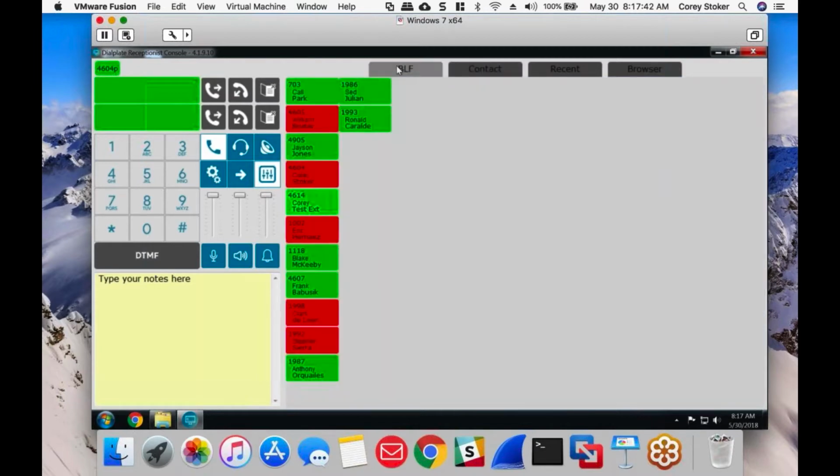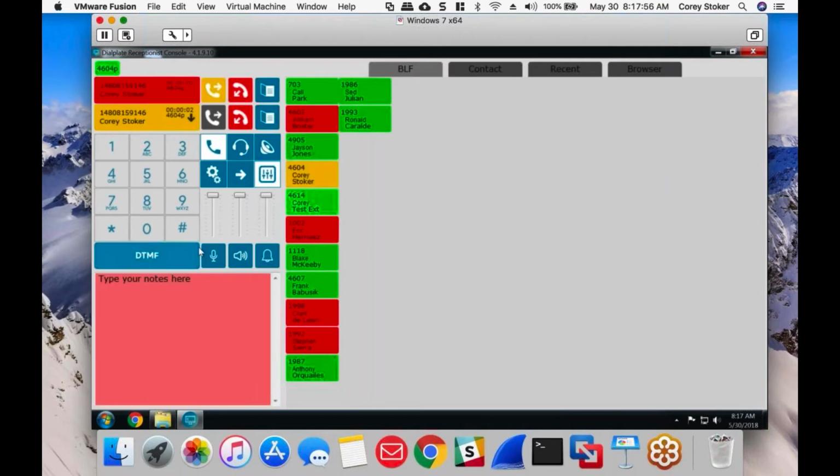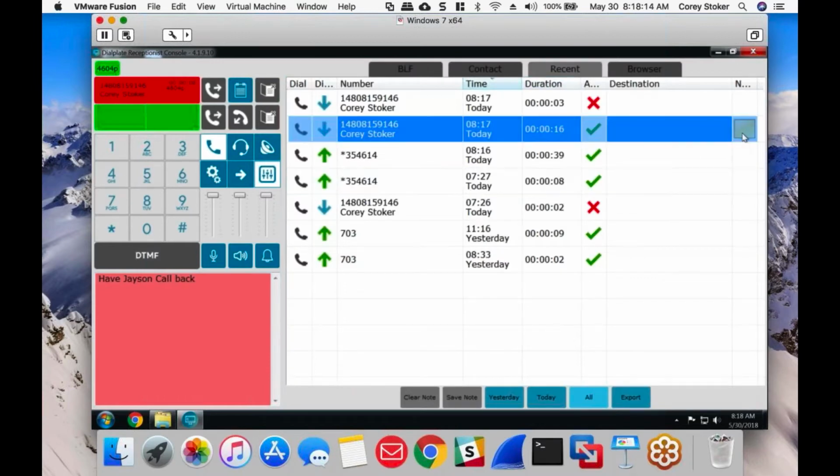And then call notes, which is a very interesting feature that I've only seen available on Dialplate. I haven't seen another app with this functionality, but I can call in and answer a call. Then I can type out notes which may be relevant for the call. And simply, once I finish the call, then I can go back and look into my recent calls, and the